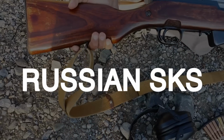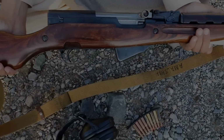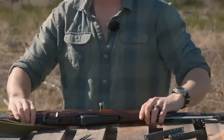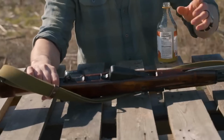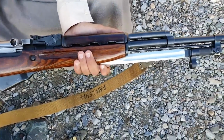Russian SKS, $950. The Russian SKS is widely regarded as a firearm that should never be sold due to its enduring legacy, exceptional performance, and unwavering popularity among firearms enthusiasts. Originally developed by Sergei Simonov in the late 1940s as a semi-auto carbine for the Soviet military, the SKS quickly